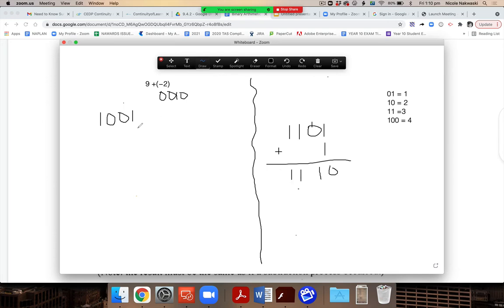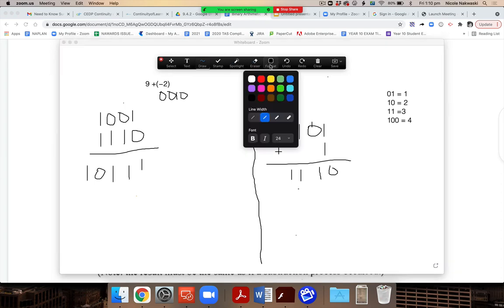Okay, cool. So then my number is 1, 0, 0, 1 plus 1, 1, 1, 0. Okay. So 1 plus 0 is 1. 1 plus 0 is 1. 1 plus 0 is 1. 1 plus 1 is 2. 2 is 0, 1. Okay, as I learnt from the previous example, if I start with a 4-bit number and